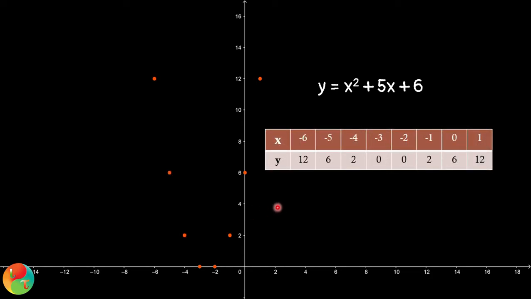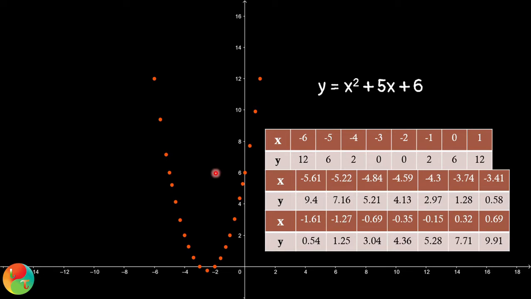So now I have introduced some more points in the table and correspondingly plotted them on the Cartesian plane. You can see the resemblance to a parabola is more than with the first table. So following this pattern, I am going to add some more points in this table and I'll plot them in this Cartesian plane. And after that we'll see what happens. So I have added some more pairs of x and y, and don't worry, you don't have to calculate all of these values. After plotting these values of x and y on the Cartesian plane, I am getting points like this,